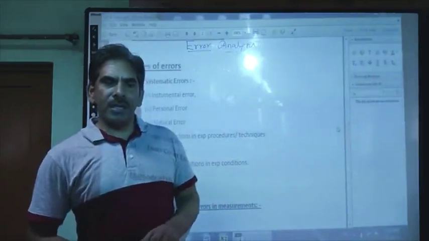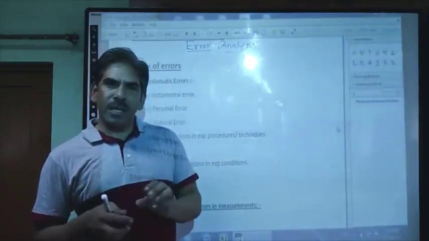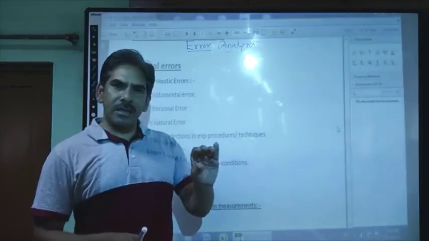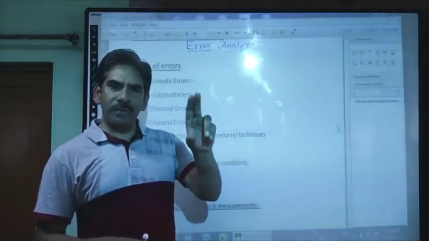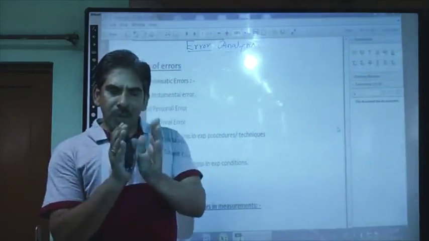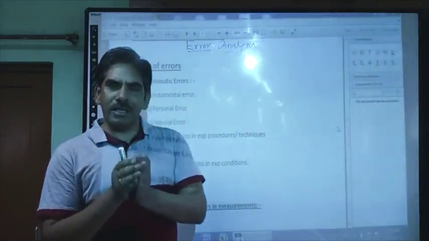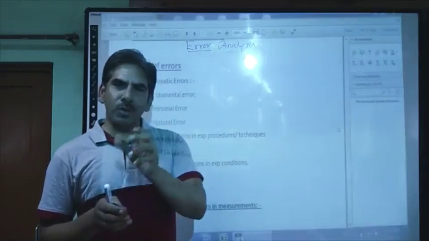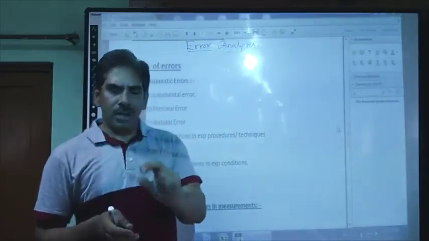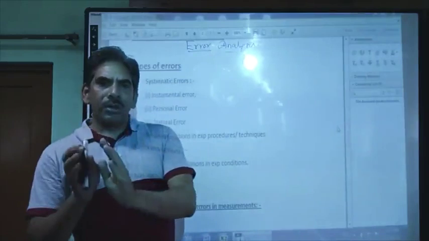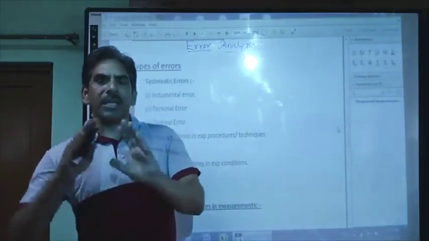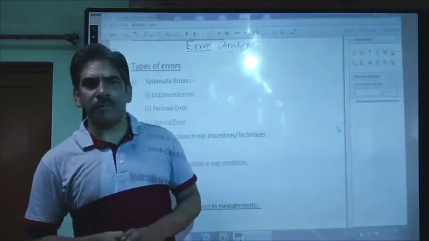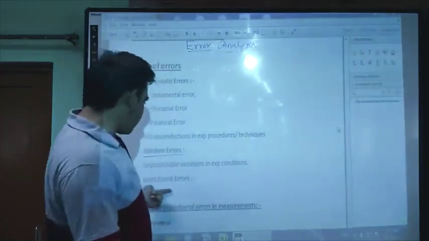So the vernier caliper has a least count of 0.01 centimeter, which is a smaller value than 0.1 centimeter, the least count of the simple scale. It is the smaller value. That means the vernier caliper is able to measure even smaller values with more accuracy, so it is a more accurate instrument and will have the least chances of error. That is what we understand from the least count error.